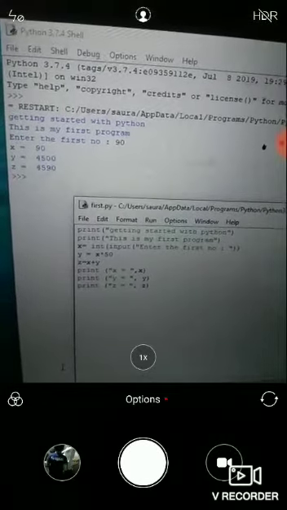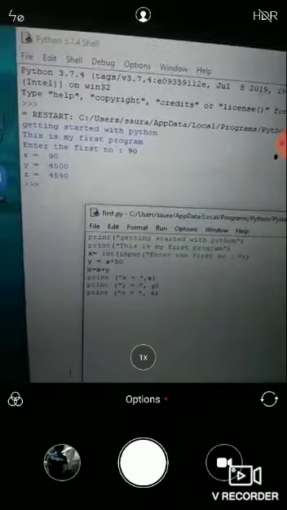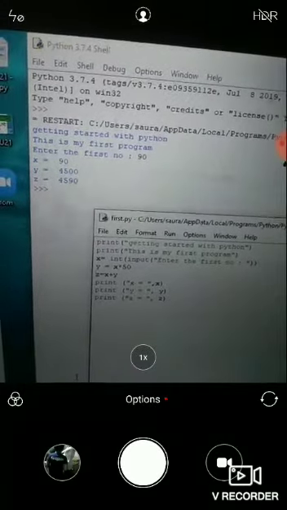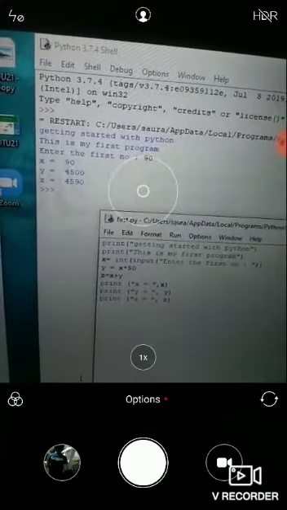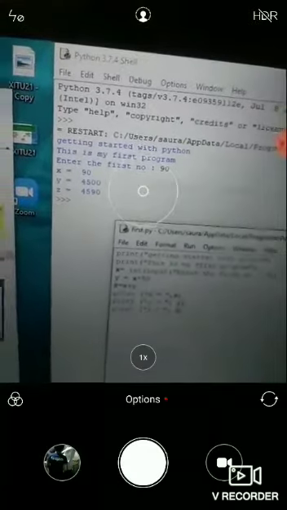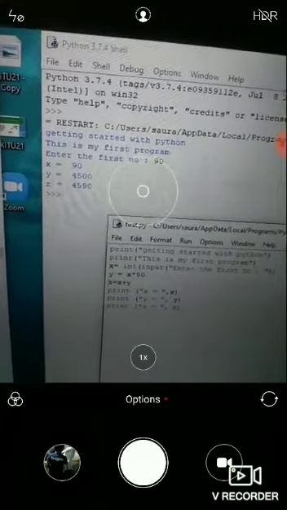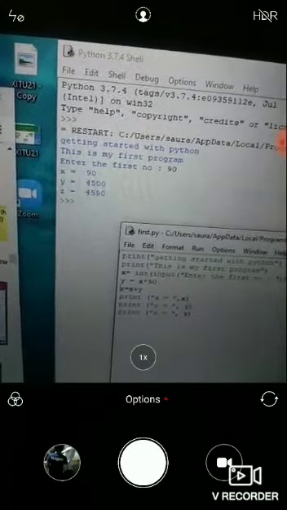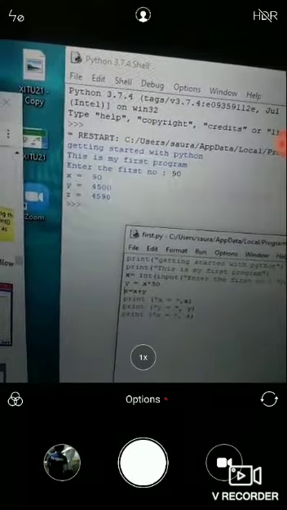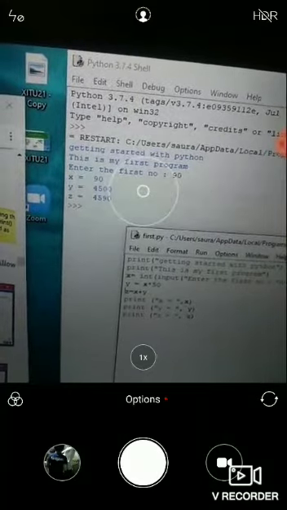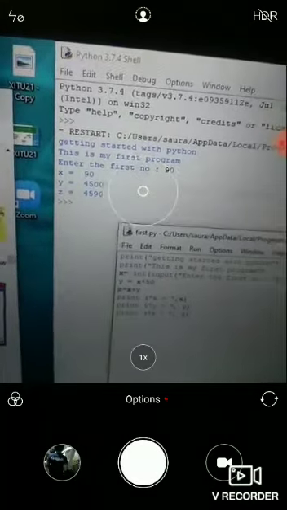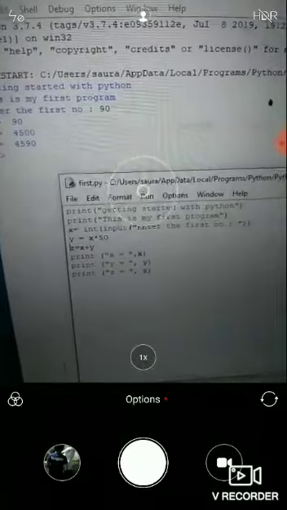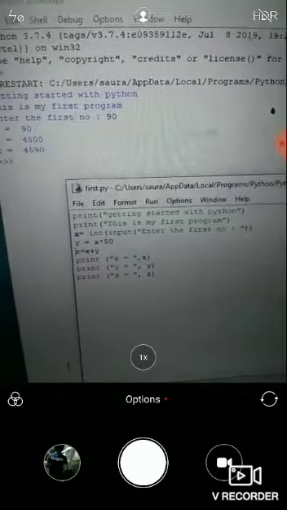So I take an input and save that integer type data into a variable x. Then we assign y a value that is a multiple of 50, that is x multiplied by 50. So whatever value the user enters will be multiplied by 50 and assigned to y.